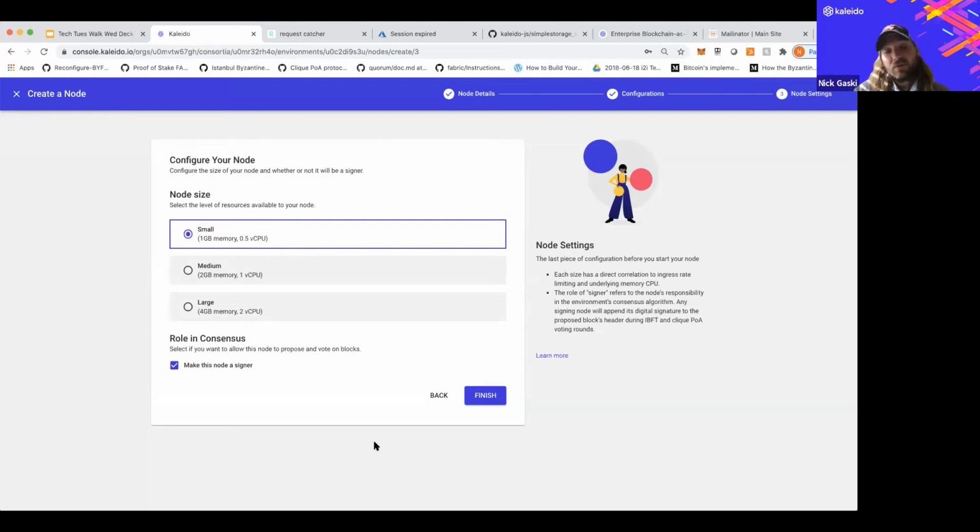Throughput changes with your application, scale changes with applications. How many connections are we going to have? So we have different T-shirt sizes to accommodate those realities, small, medium, and large, where you can have higher requests per second, you can have more horizontal scale and concurrent client connections. So go ahead and click finish, and we've created a blockchain node.